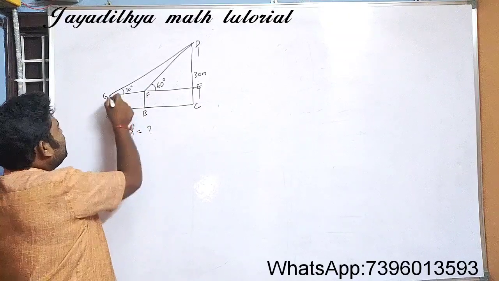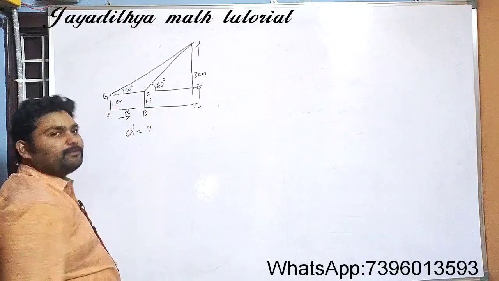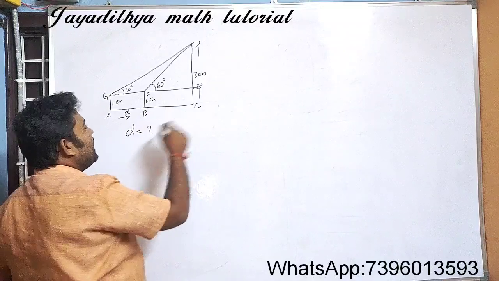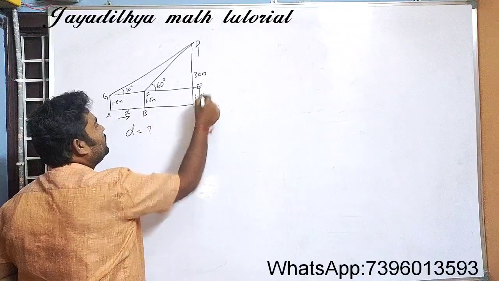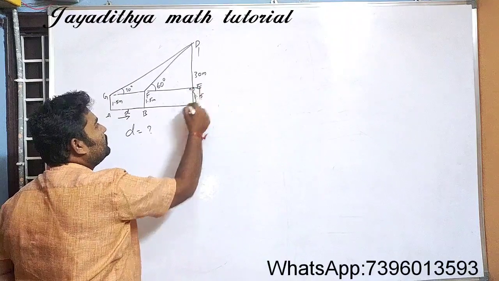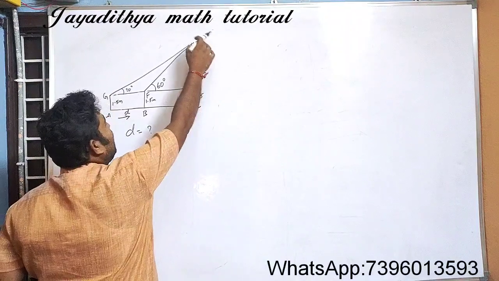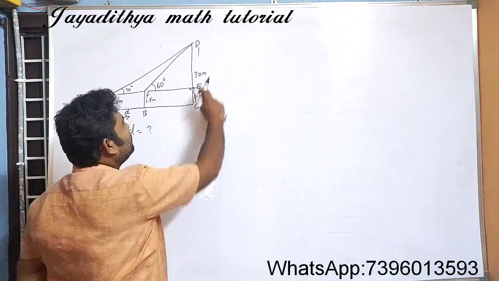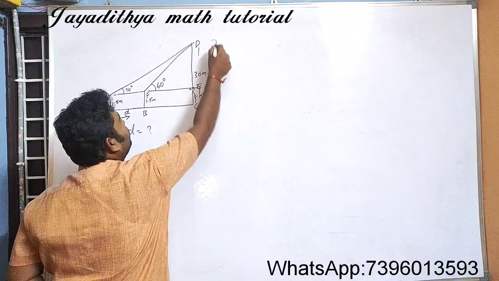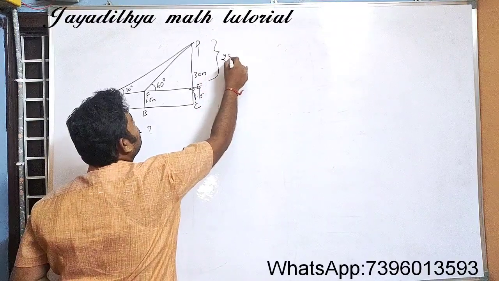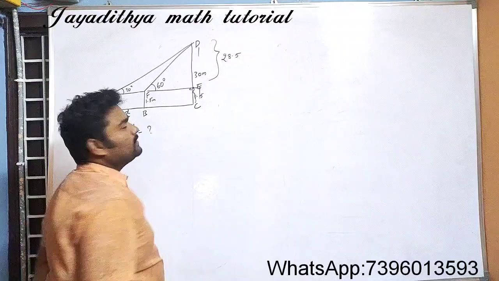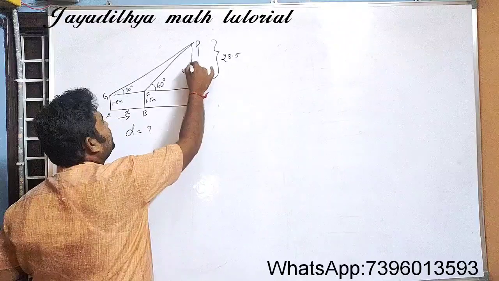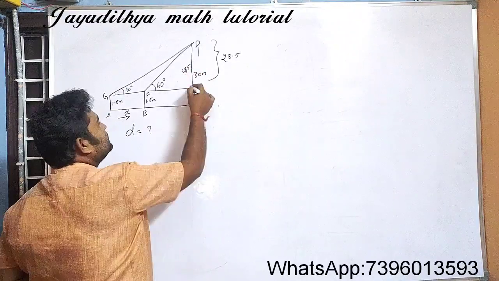Okay. If AG is equal to 1.5, this also will be 1.5. Why? Because height will not change. And see here, if this is 1.5, this EC also will be 1.5. Actually, total height of the temple is 30 meters and the boy's height is 1.5. So what will be the remaining height? That will be equal to 28.5. So you can think this as 28.5 meters.